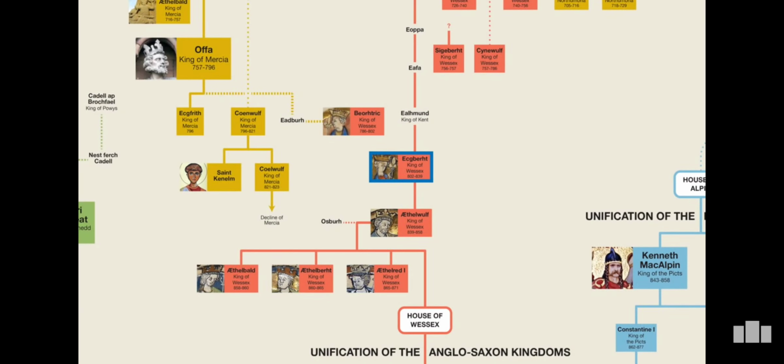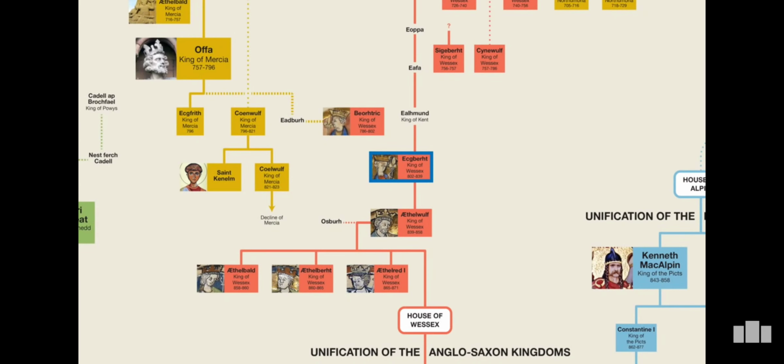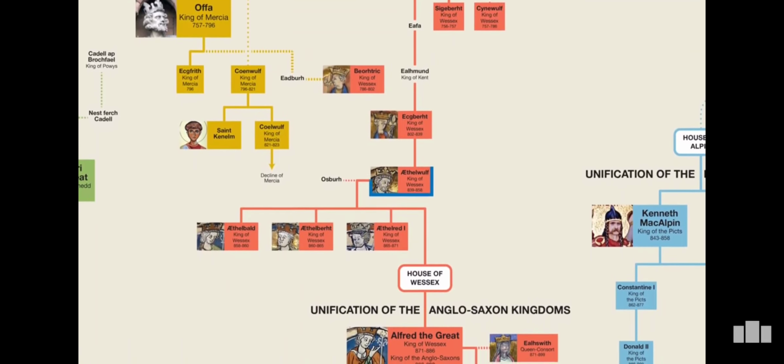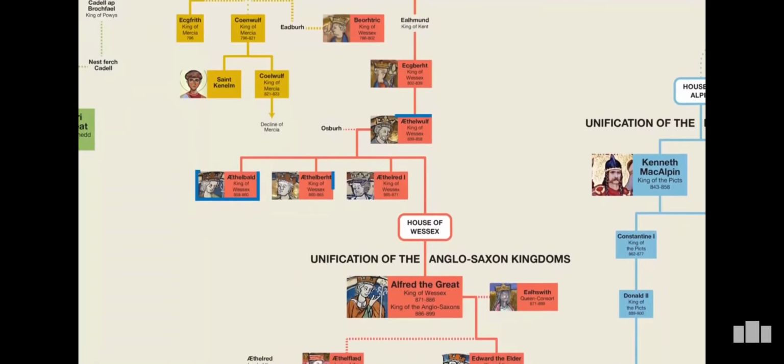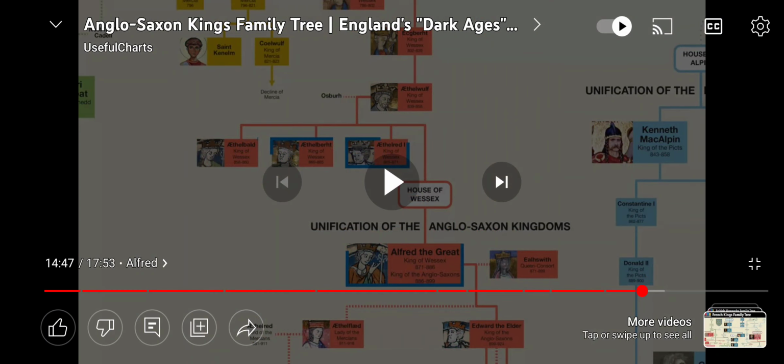In fact, later chroniclers writing in Wessex listed Egbert as an 8th Bretwalda, which shows some obvious bias on their part because they skipped over the Mercian kings of Athelbald and Offa, who arguably deserved the title as well. Egbert was followed by his son Athelwulf, who was in turn followed by 4 of his sons in succession, the last of whom was Alfred the Great, who was king of Wessex and then unified the Anglo-Saxons and had to fight off the Vikings when they tried to invade in the 800s.